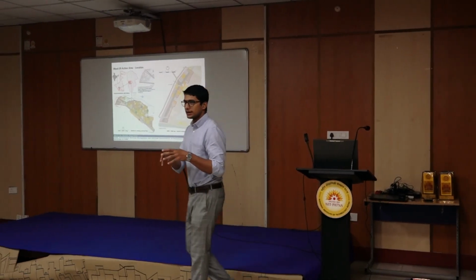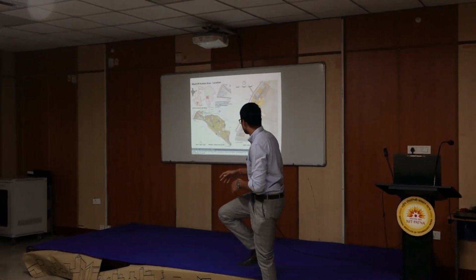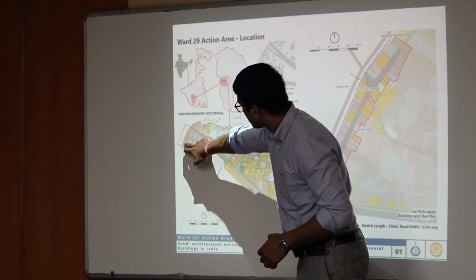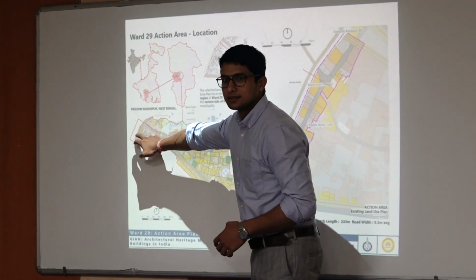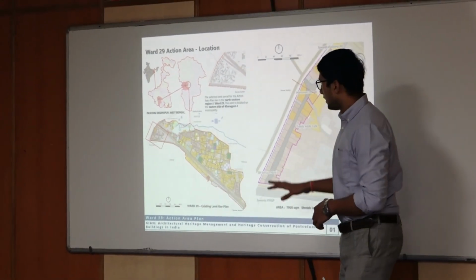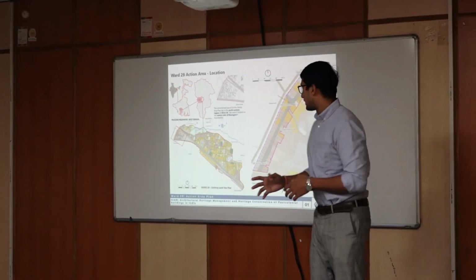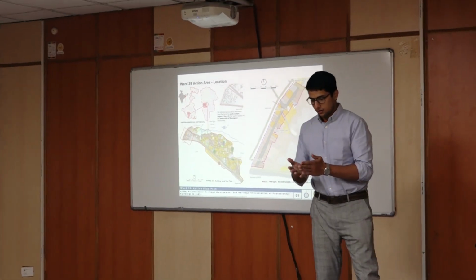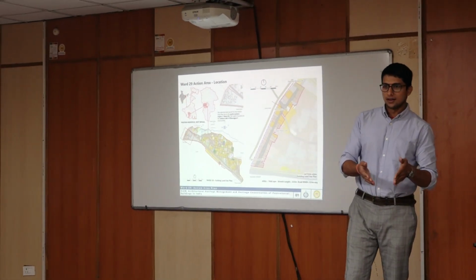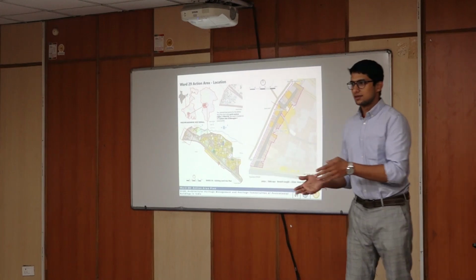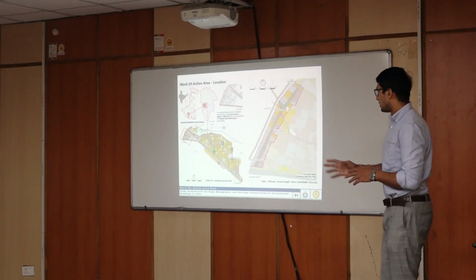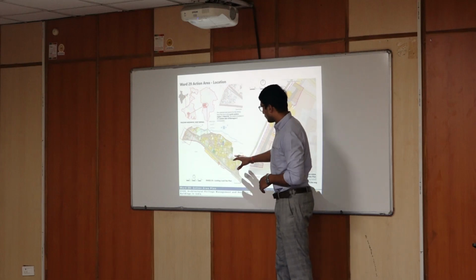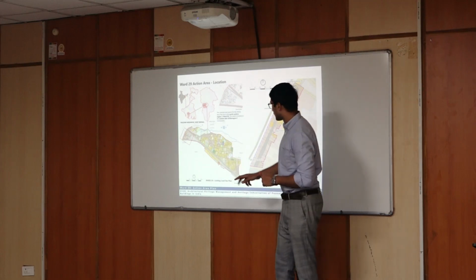Right in front of IIT Kharagpur, this is the campus of IIT Kharagpur, and this particular spine is right in front of it. So we began with an understanding of this whole ward. The whole class was divided into two groups, and IIT Kharagpur is in ward 30, and wards 29 and 28 were used for the assignment. We went into these two wards, divided into two groups, and first completed the land use survey.